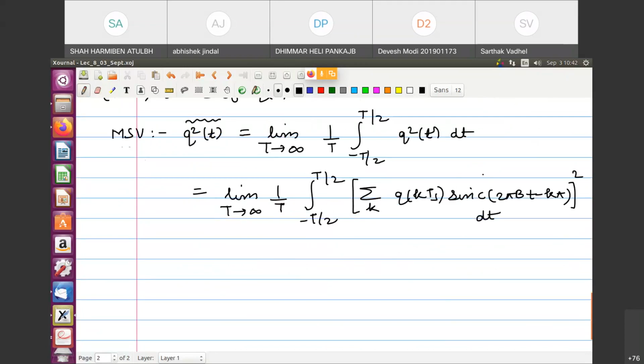Now our orthogonality of sinc functions, which we studied in the sampling theorem, the cardinal series, will come into play. I am simply stating it because we have derived it earlier. So using